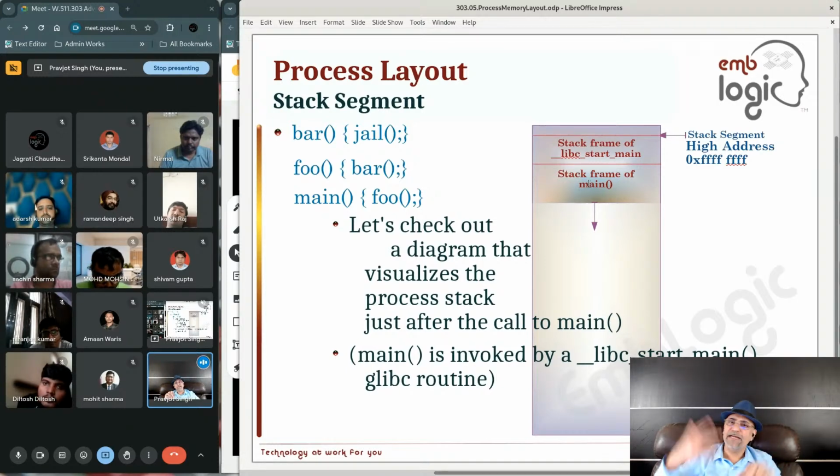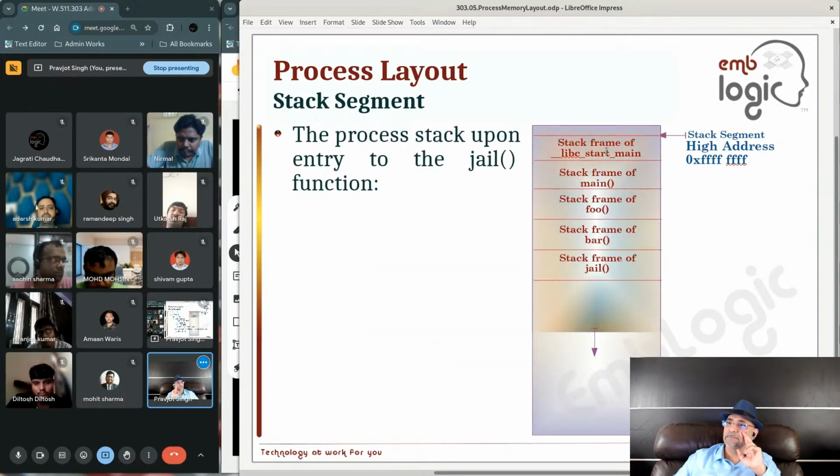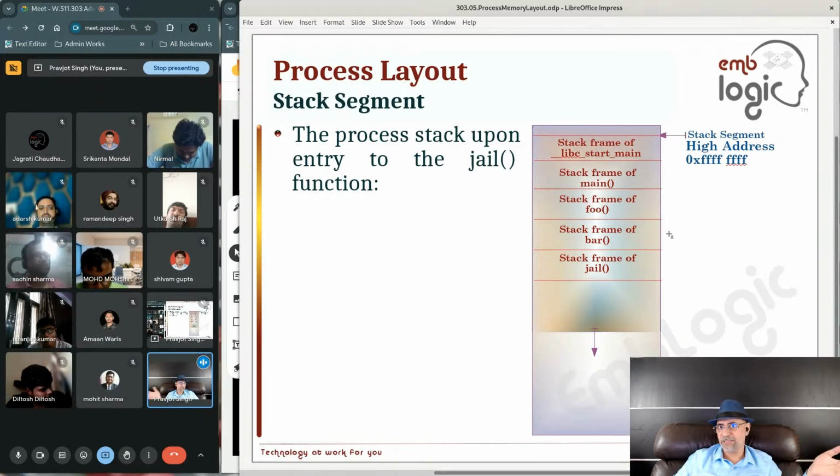Main function will have high address, low address plus 4 things: command line arguments, return value, local variables, and some additional frames. So this will have the symbol table. Then main, foo, bar, frame, everybody will have their own stack frame in the data structure that I explained just now. And the stack will keep on growing downwards